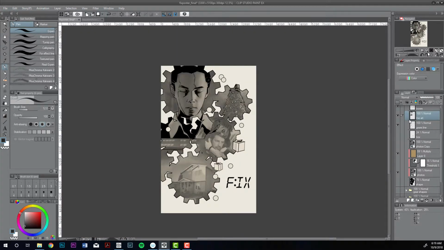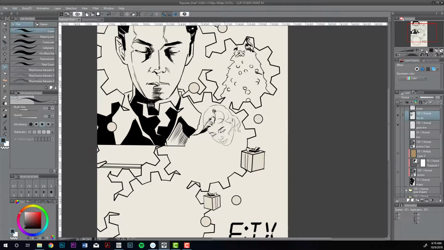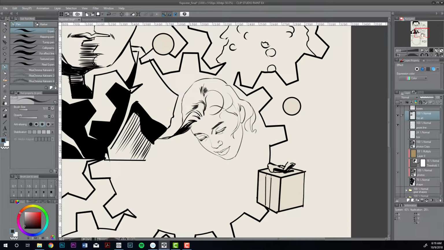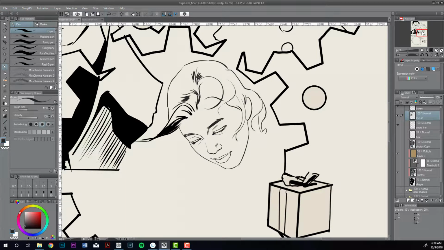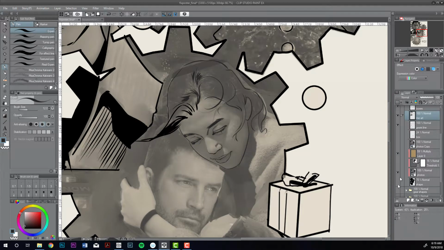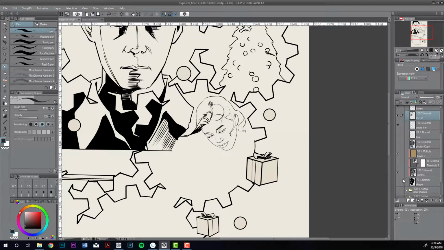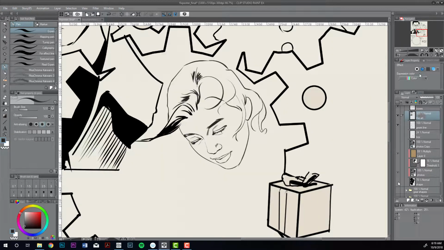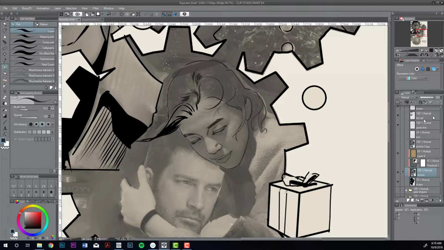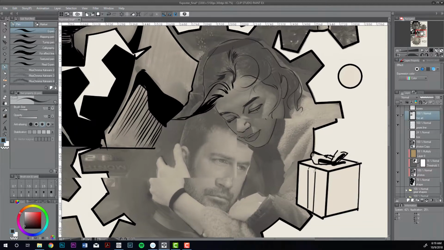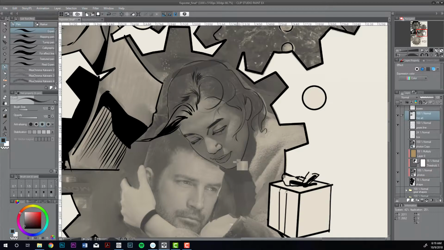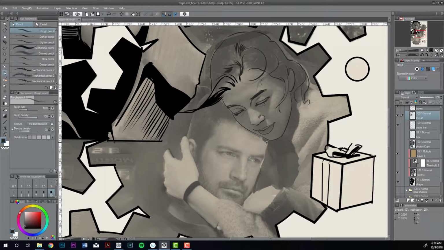What you could do is just turn off the reference and look at your image. Turn off the reference and look at your image, and that is the moment of truth. Does it look good? Sometimes it doesn't, you need to fix it. Looks okay. So for his head,